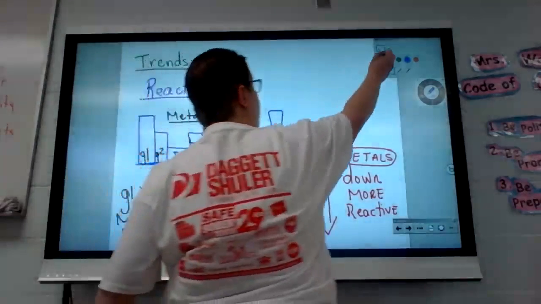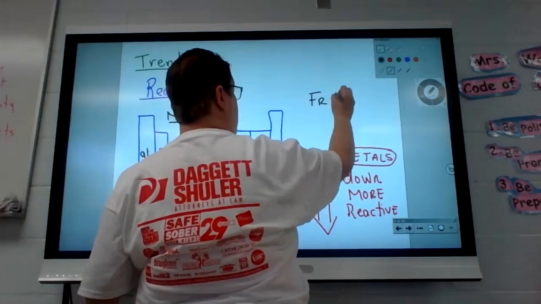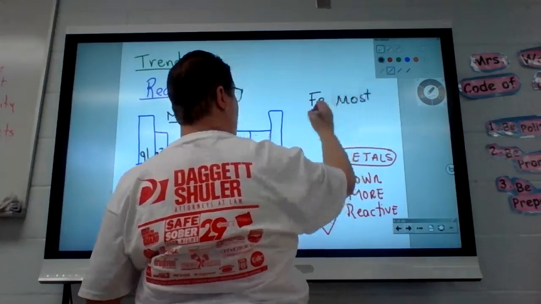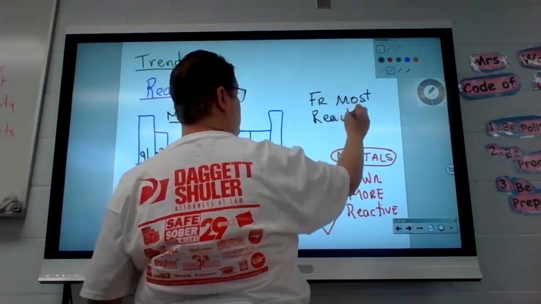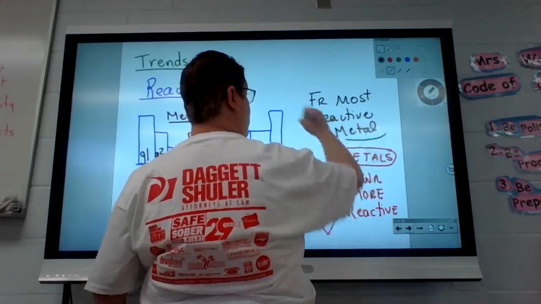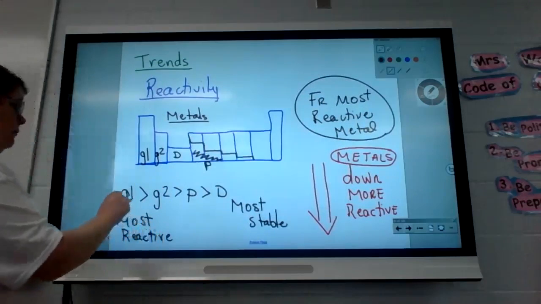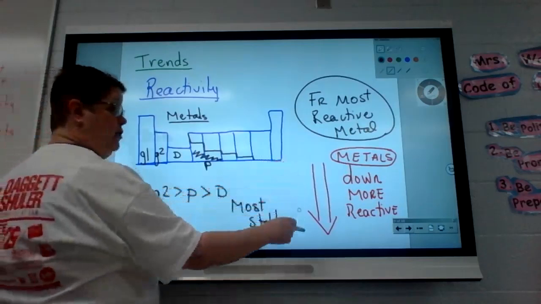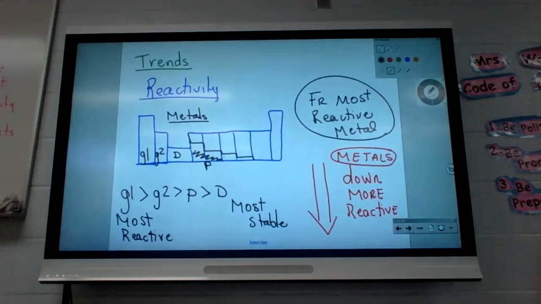Okay, so francium is the most reactive metal. Are you with me on that? Yeah, because it's in group 1 and it gets more reactive as you go down. Are you with me on that? For those people who didn't say anything a minute ago because you didn't know what I was talking about. Okay, you shush this time. I know the next one. I know you do. You could even anticipate the question.